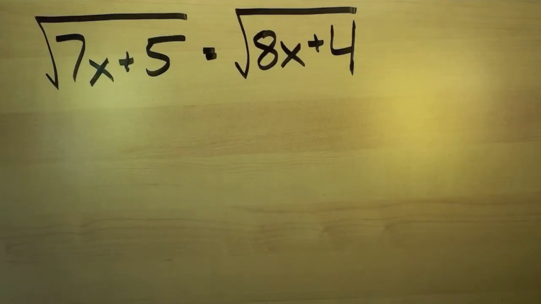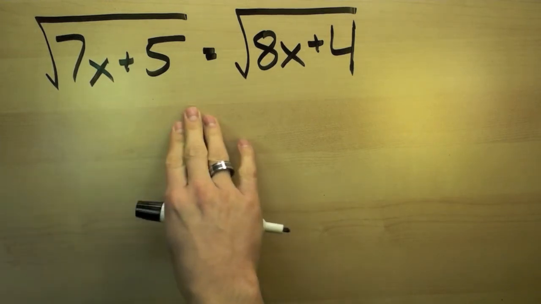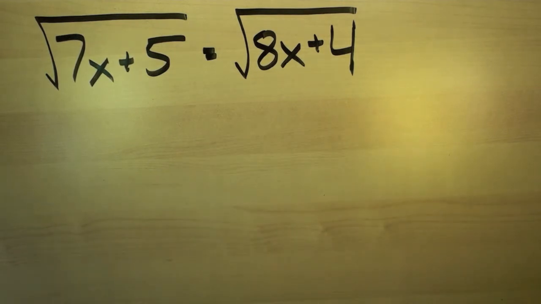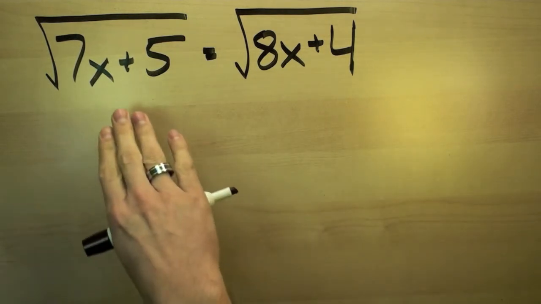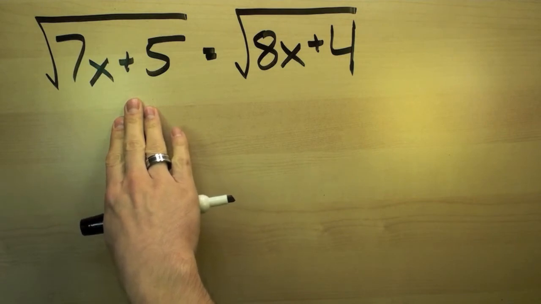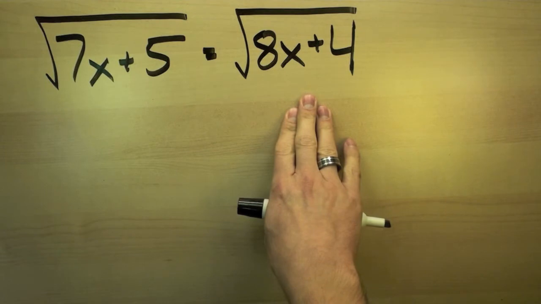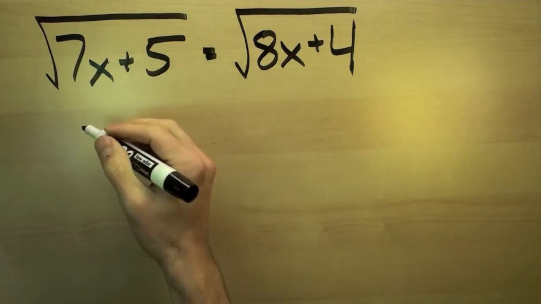We now turn our attention to equations that have more than one square root in them. The simplest of these is when we have a square root equal to a square root. It's pretty straightforward because we've satisfied the first condition, which is to have one square root isolated on one side of the equation. In fact, we have that twice. So when we square both sides of this equation, we simply get